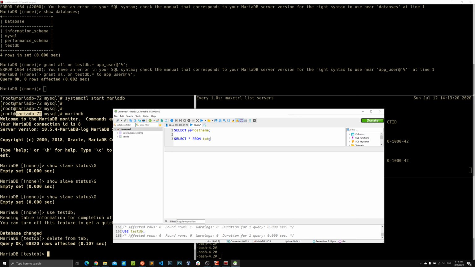If I do a select star from tab... okay, I forgot, I already deleted everything from that table. So let's insert into tab C1, and for the values I am going to insert hostname. You're right. So now this statement, because this statement is going to be changing some data on the